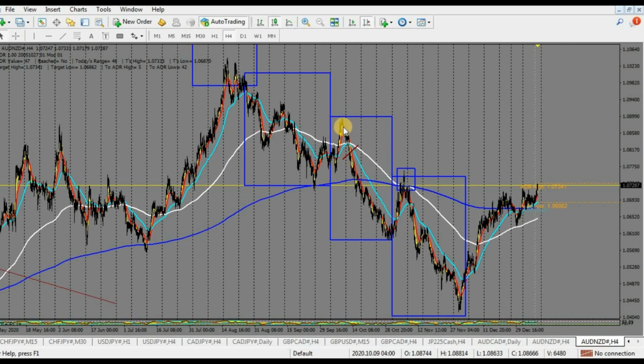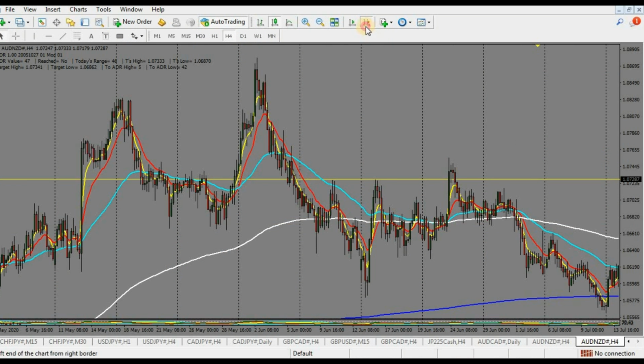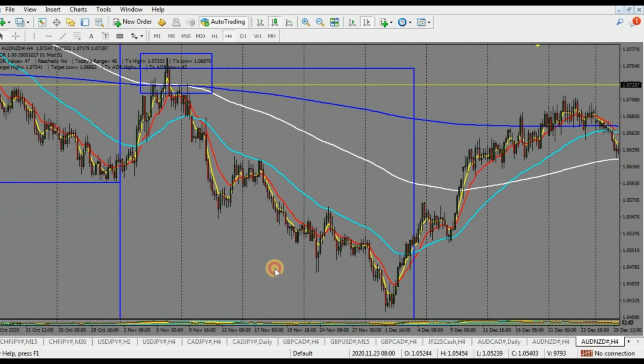And what do we have? Level 1, level 2, level 3, 3 weeks of drop. Same thing again, 1, 2 levels, we had a reset. But what I love about this is after the 50 and 200 crossover, we had a nice pullback on the 200 EMA. So peak formations on the 200 EMA are very important, or have a high probability of playing out